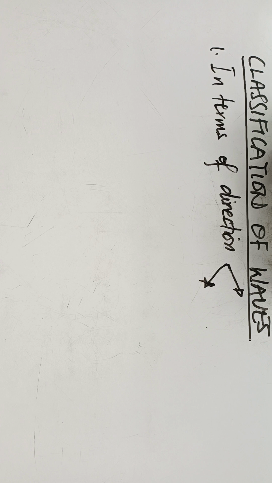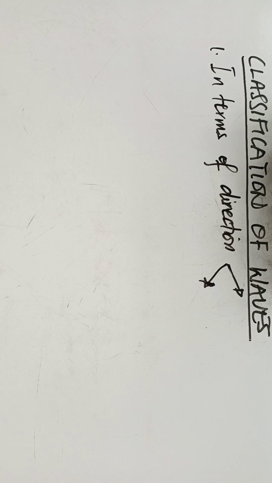What I'm trying to say here is that in terms of the direction of the movement of the particles of the disturbed medium, relative to the direction in which the waves travel,